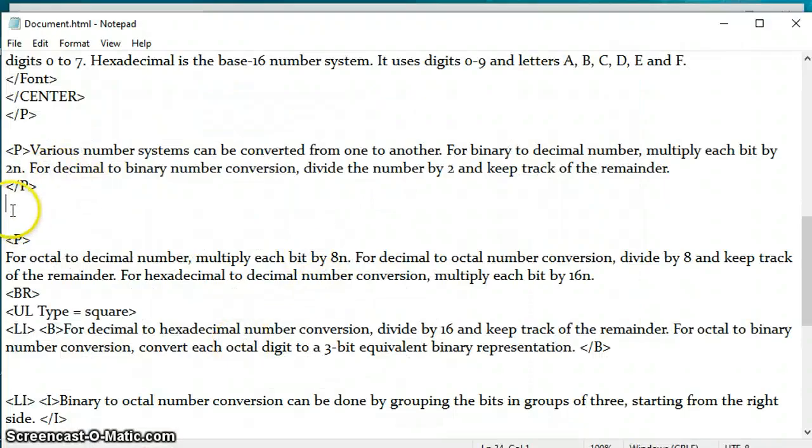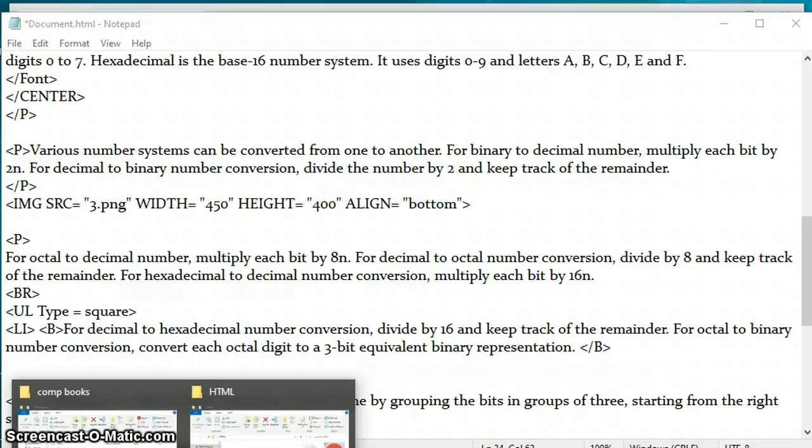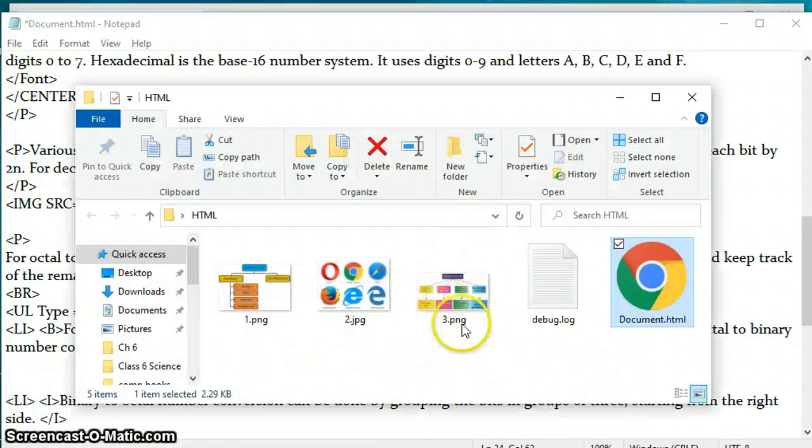So suppose I want to include one more image here. This is 3.png and I have aligned it at the bottom. I have typed img src, and the source is 3.png because I have my file here. This is the image which I want to attach.